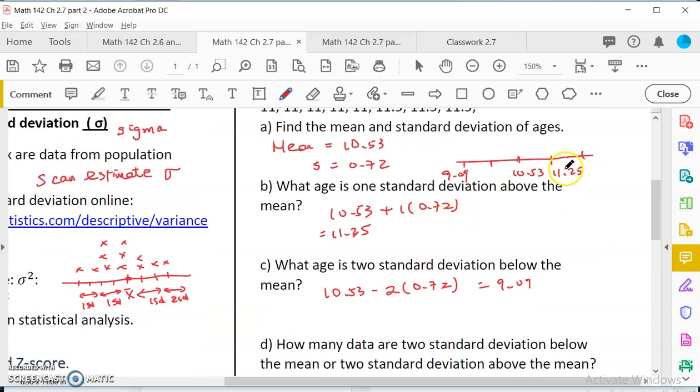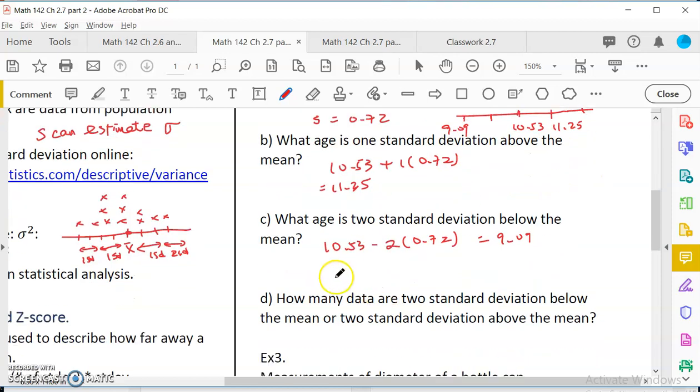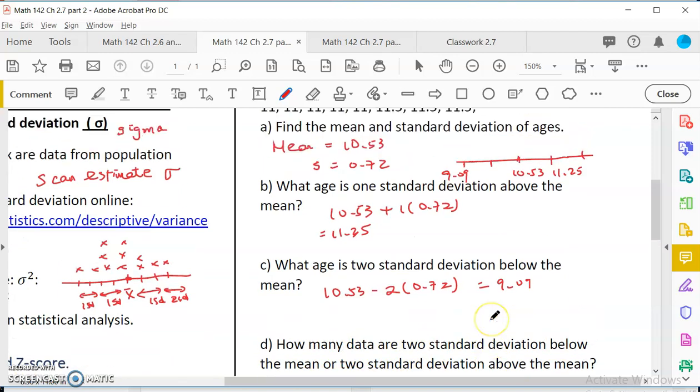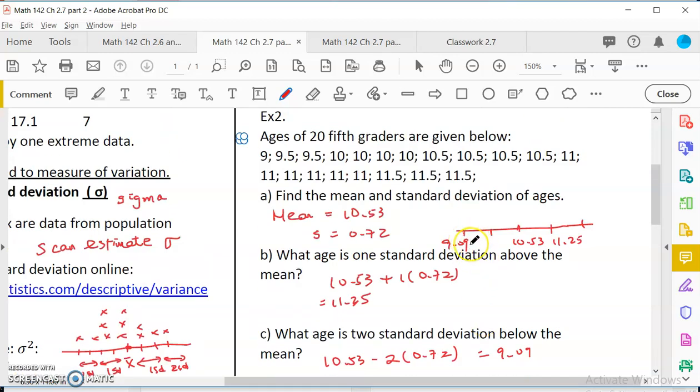Now, if we know these tick marks, then if they ask how many data are 2 standard deviations below the mean or 2 standard deviations above the mean, we know 9.09 is 2 standard deviations below the mean. What about 2 standard deviations above? What we can do is 11.25 add 0.72 one more time, 11.97. Right? So that's 11.97. This is 9.09. This is 2 tick marks. So now our tick marks are not 0.5 or 1, but one standard deviation each. So the